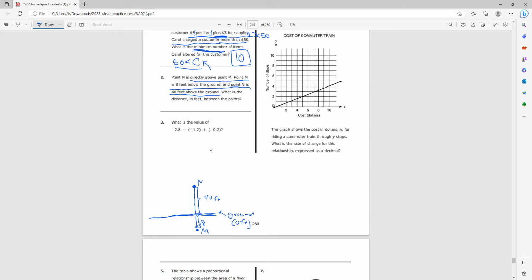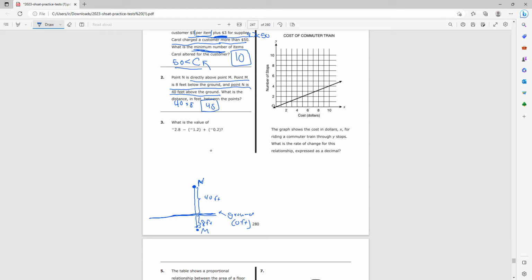So what's the distance between N and M? Well, that's going to be 40 feet plus 8 feet. 40 plus 8 is 48. So the total distance between those 2 points is 48 feet. Hope that makes sense. Number 3 asks us, what is the value of negative 2.8 minus negative 1.2 plus negative